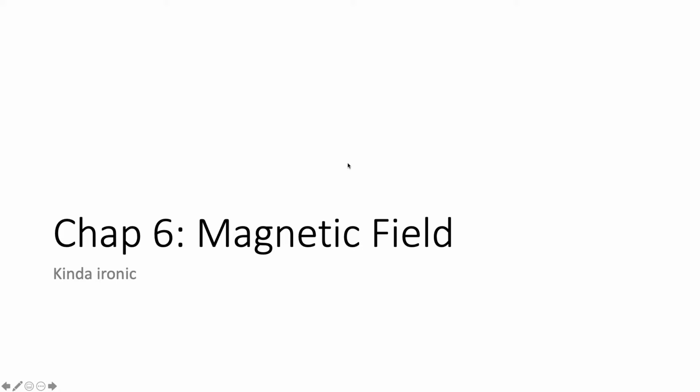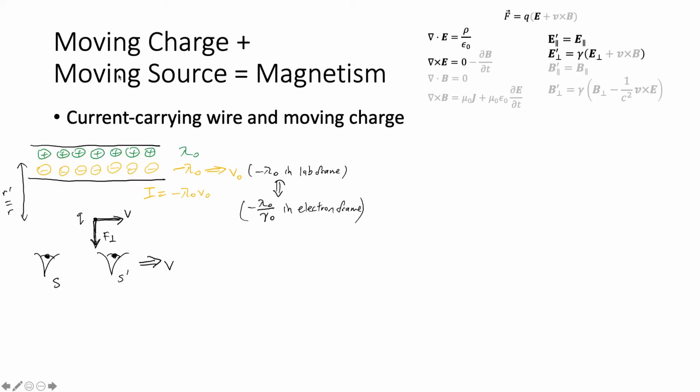Now for magnetic fields, imagine you have a moving charge and a moving source. Previously we only had a moving source. Now we have a moving charge, and how does it respond to a moving source? We consider a current-carrying wire. Let the current-carrying wire be neutral in the lab frame. So what this means is that